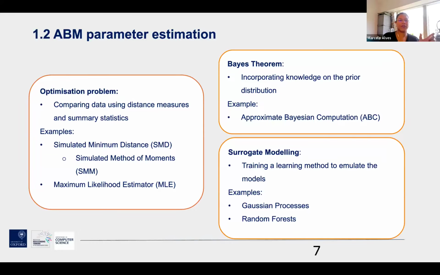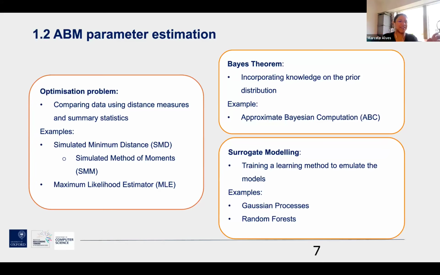You have your real data set, you have the data produced by the ABM, and you try to optimize the parameters such that you compare the output of your ABM with the real data, and you try to increase the similarity,